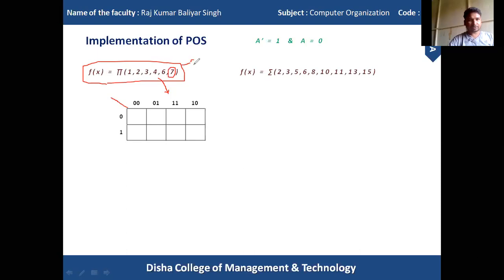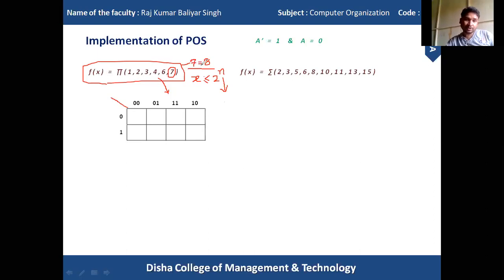must be less than or equal to 8. The last value, the highest value, should be less than or equal to 8. Or in common mathematical terms, suppose the last value is x, it should be less than or equal to 2 to the n. Then only can we find the n value. When we get that n value, then we can identify the size of the K-map, that is, the cell size of the K-map.